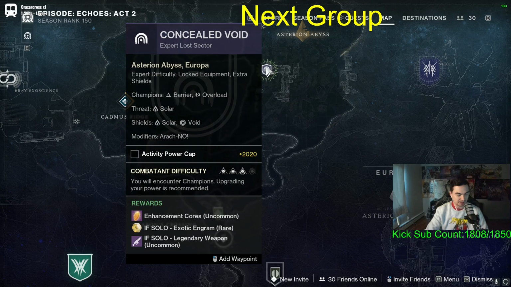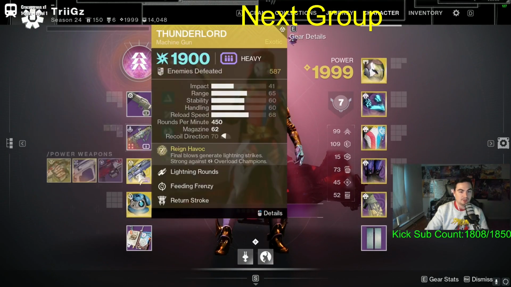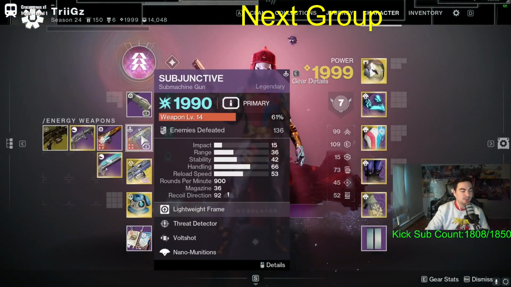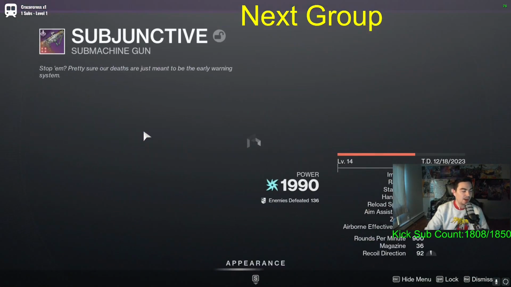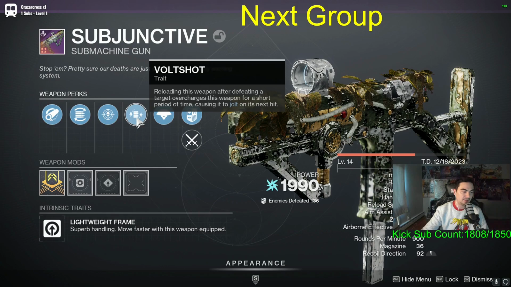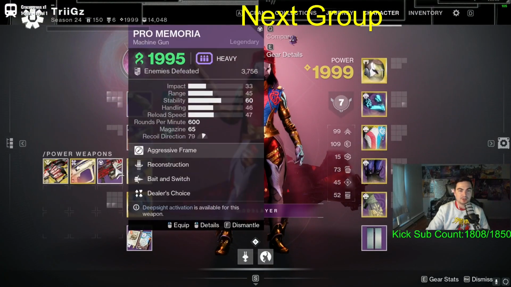You're going to need barrier and overload coverage. The weapon type I'm using is an overload hand cannon, the Subjunctive SMG, which is barrier, as well as the Thunderlord, which is going to be overload. However, I have triple overload coverage with this loadout, because SMG is anti-barrier. However, Volt Shot is actually going to stun an overload champion. So when I get a kill with my Subjunctive and reload it, it's going to jolt on the next hit, which will stun an overload champion. So I have all three weapons covered for